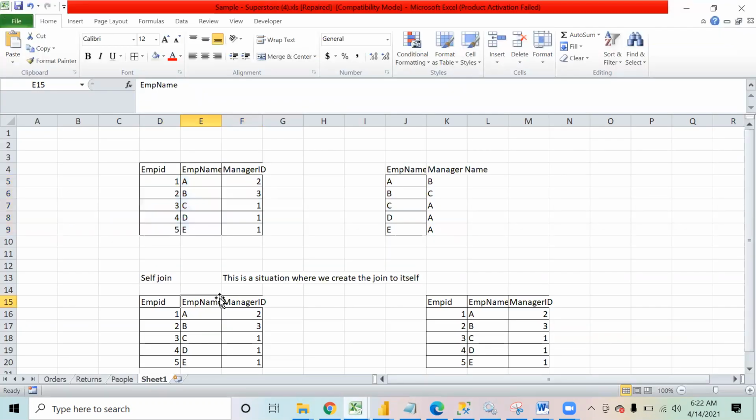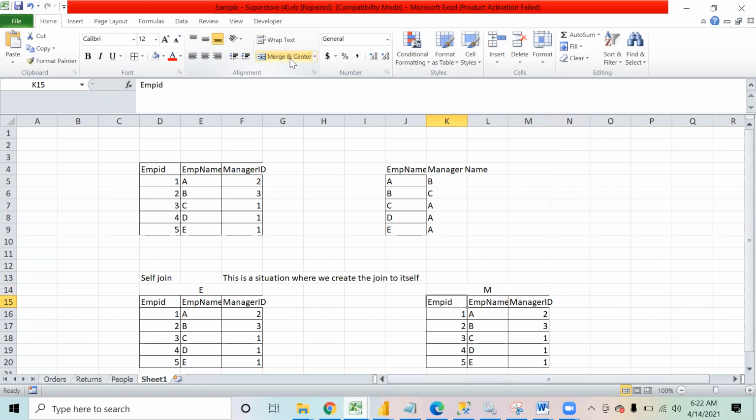The same table I have given as an input. At one point I'm calling this table E, and this time I'm calling it M.